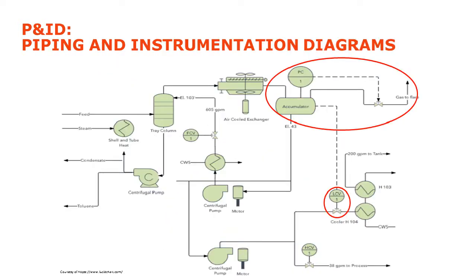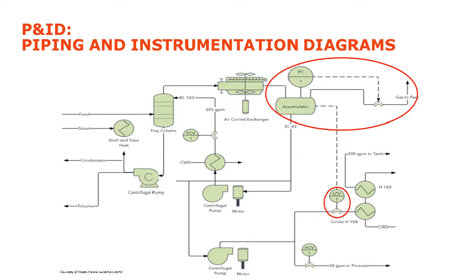And that would differ from this next slide here, which is the PNID. So this is the piping and instrumentation diagram. This is similar in several regards. We still have major process piping. We still have major process equipment, but there's a greater emphasis on instrumentation and control here. So I've highlighted an example at the top right. If you see, we have a vessel called an accumulator there, and the line shows a process pipe eventually going to the flare.